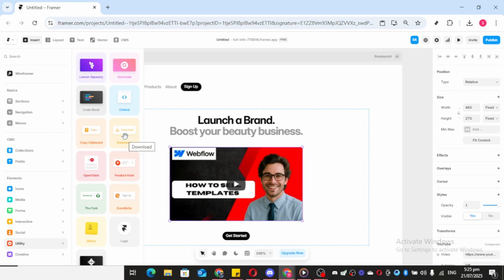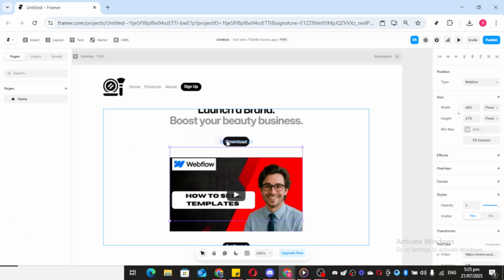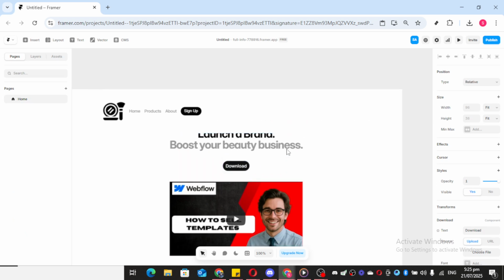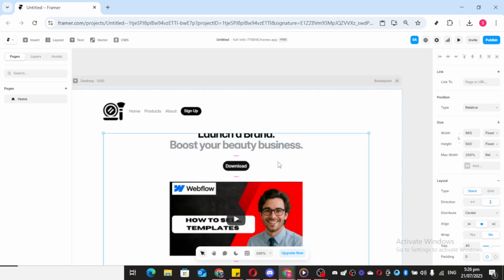Once you've hovered over Utility, look for the Download button. It's designed to be drag-and-drop friendly, which makes the process incredibly simple. Click on the Download button, hold it, and then drag it to your desired location within your project canvas. The drag-and-drop feature is one of the intuitive aspects of Framer that makes designing convenient and efficient. Be mindful about where you place the button to ensure that it's easily accessible and visible to users once your